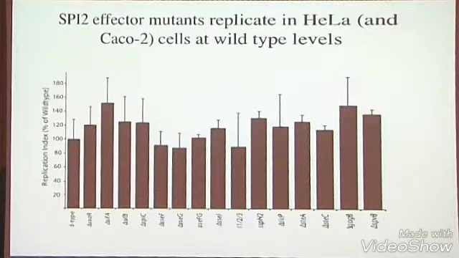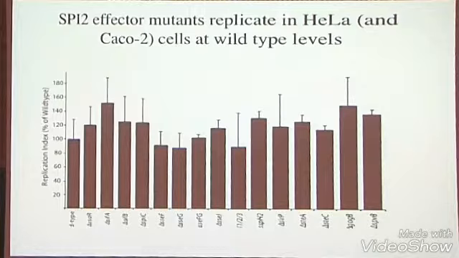And the reason we wanted to do this is most of us in the field usually pick one effector, and then we work through what it does, but we never compare it to the others. And we felt that, well, we're going to have to bite the bullet and systematically define what do all these SPI-2 effectors do. So Michelle made all these mutants, and we started screening.